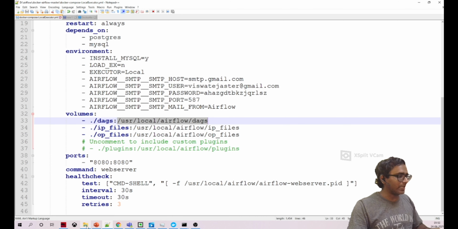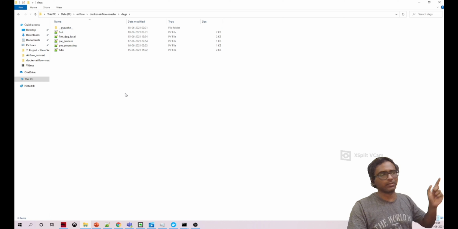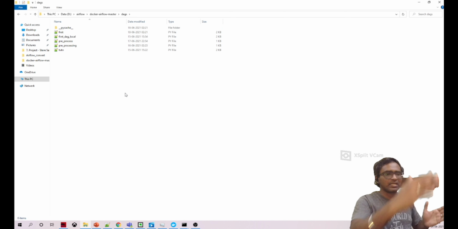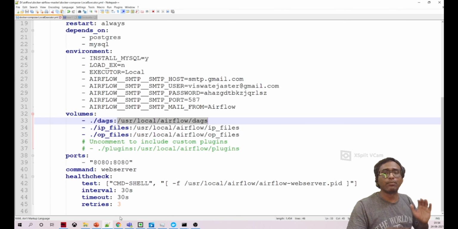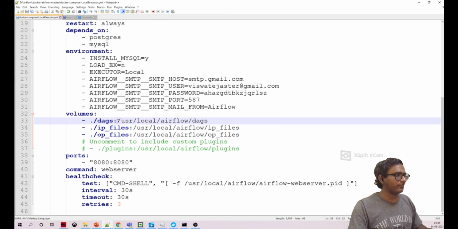Technically speaking, if you place any files here, the same files will be present in your Linux operating system, because these two folders, your local folder and the folder in your container, are mounted. And vice versa: if you place any file here, you'll also see it in your local system.